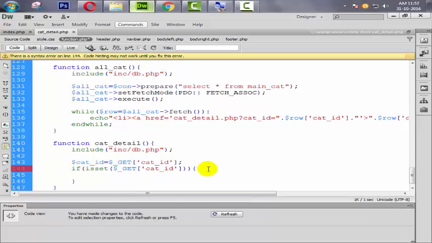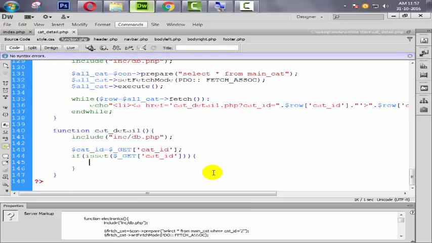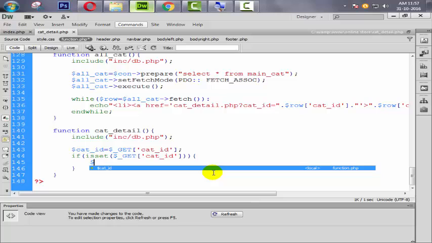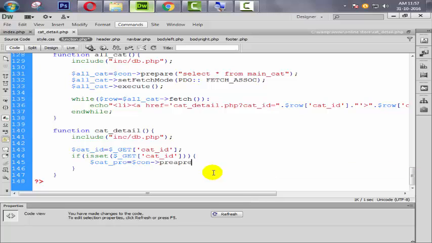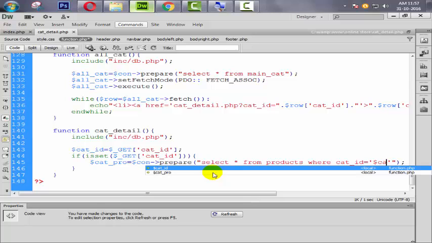Then what happened? Okay, so then we simply write a query here. Like cat pro, yeah, cat pro $con, then prepare statement. Then here we say select all from products, but where it's cat underscore id equal to this $cat id. Okay,